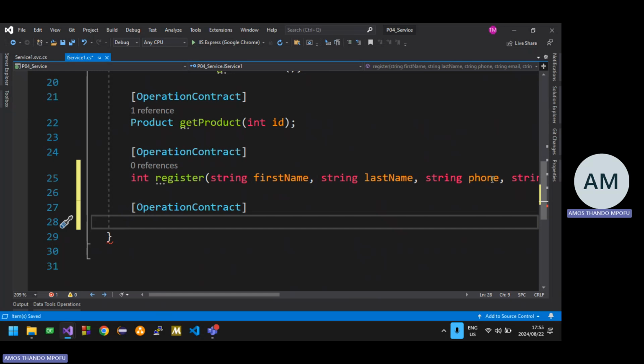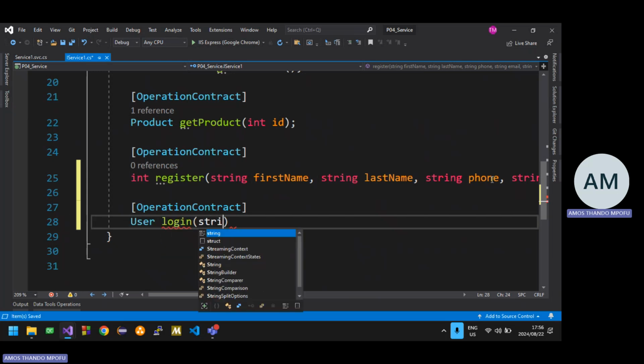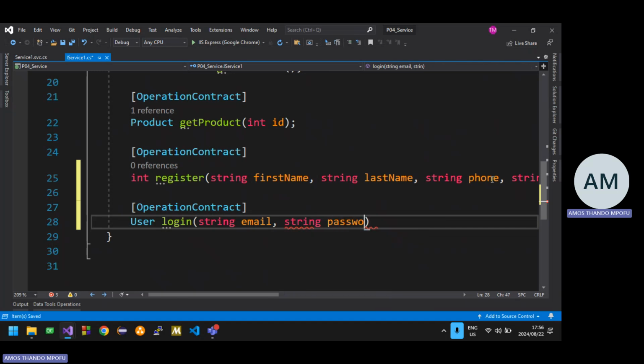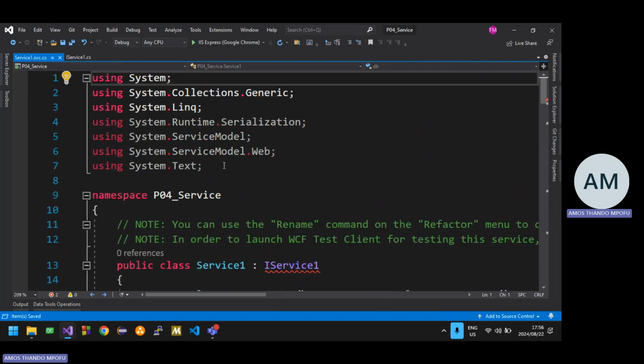Just going to get back a user after they've logged in. Then I can use any piece of information to create what I call session variables. Then the function is going to be called login, which takes in an email and a password, because that's the information that's required when you're logging in. And then we're going to go